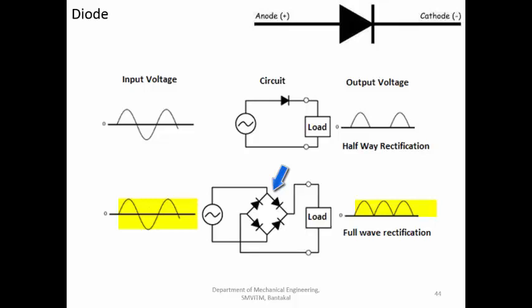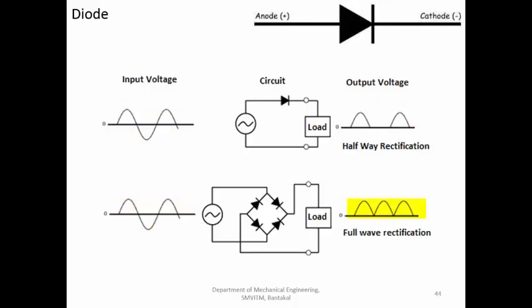Now, where the power output is more? In both cases the input power is the same, but in the case of half-wave rectification, you are only going to get half of the input as the output. In full-wave rectification, whatever the input, forward or reverse, you are going to get the output for both. So this will be in the form of pulses. This will be more or less like a continuous one.